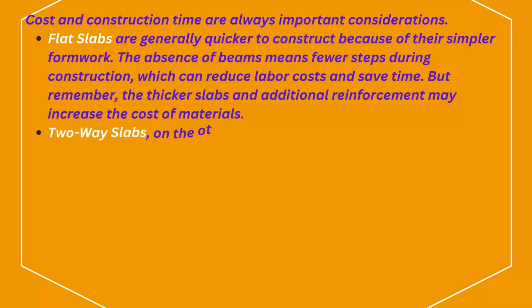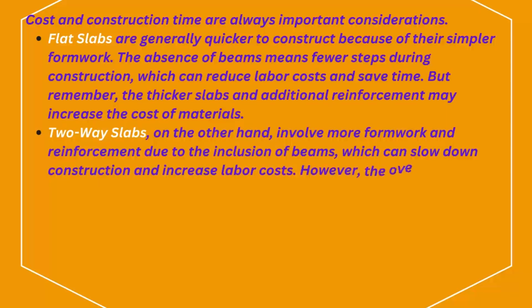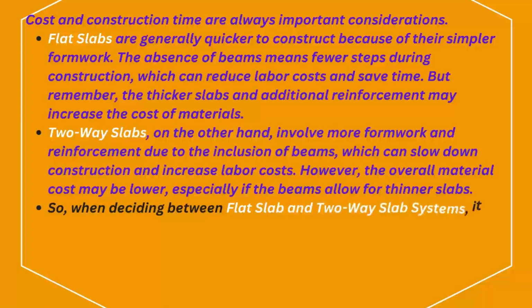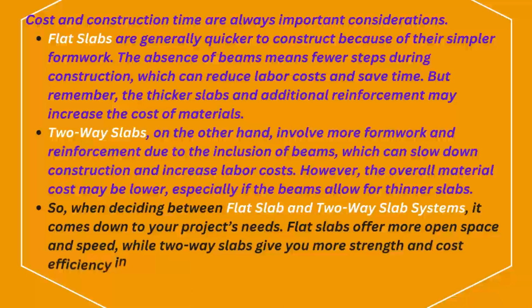Two-way slabs, on the other hand, involve more formwork and reinforcement due to the inclusion of beams, which can slow down construction and increase labor costs. However, the overall material cost may be lower, especially if the beams allow for thinner slabs. So, when deciding between flat slab and two-way slab systems, it comes down to your project's needs. Flat slabs offer more open space and speed, while two-way slabs give you more strength and cost efficiency in certain